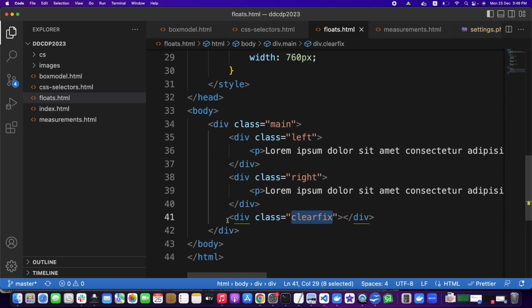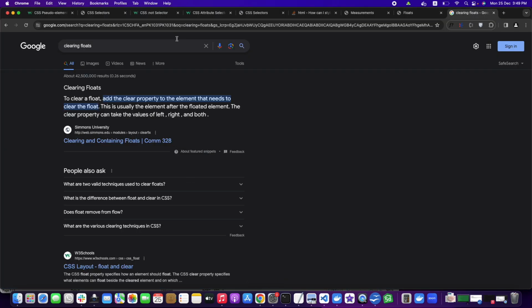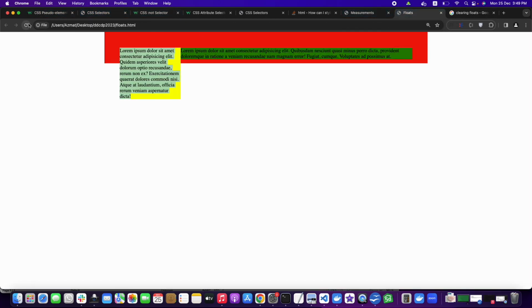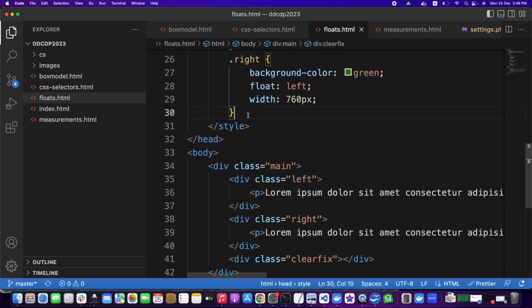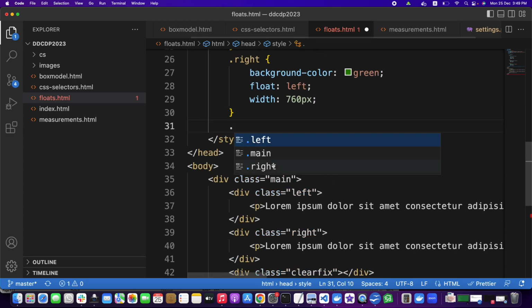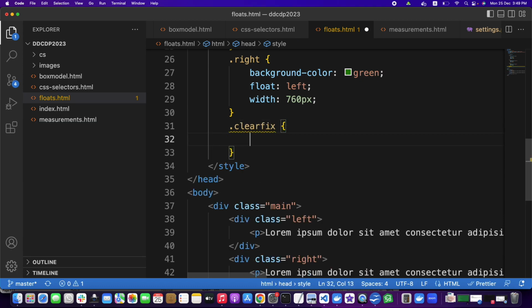So we'll create an empty div, and if we refresh it, where is it? If you refresh it, nothing visible is there, but there is now an extra div which is empty. Now in CSS, what you will do is target the class of the empty div. It can be anything, clear, fix, and the CSS rule is clear